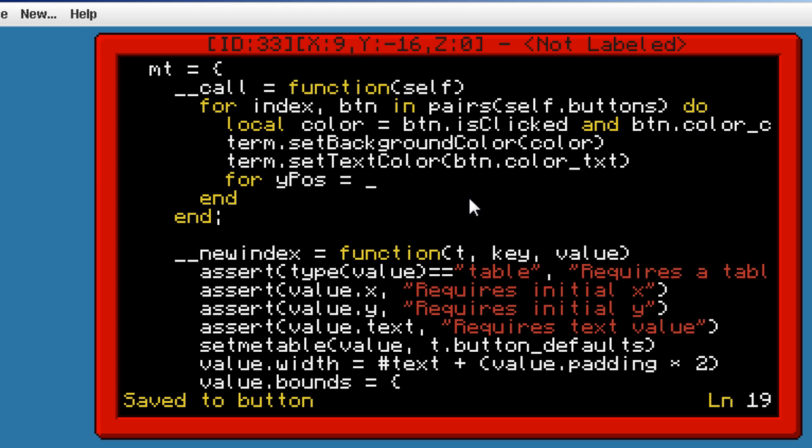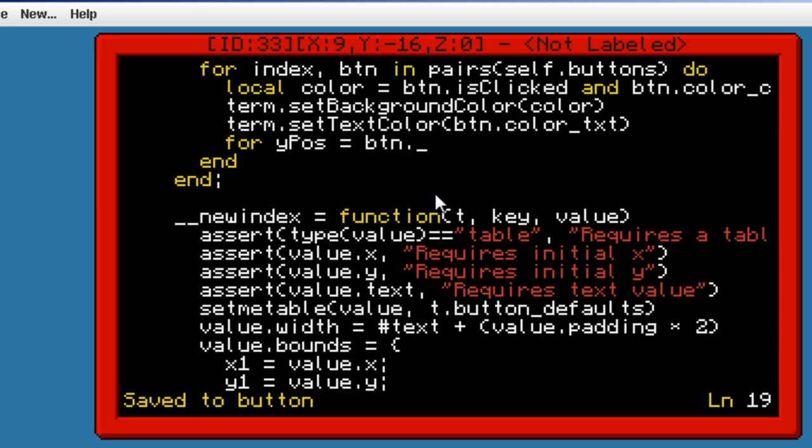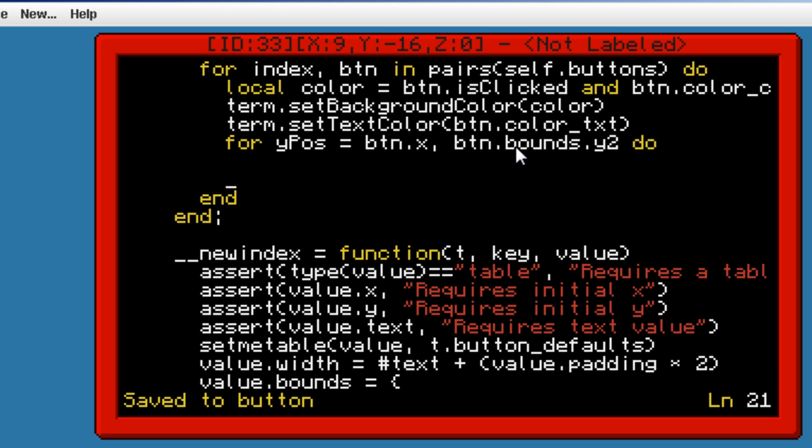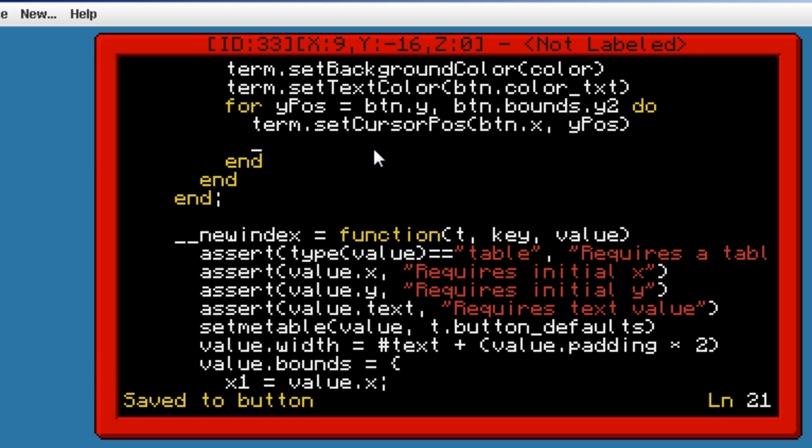So we're going to start at button, and actually we could use the initial X that they give us. It's the same as X1, it's just shorter. And we'll go all the way to Y2. And excuse me, this is not going to be X, this is going to be Y. Alright. So, we're going to set the cursor position to our initial X, and we're going to go to the Y, and then we're going to write